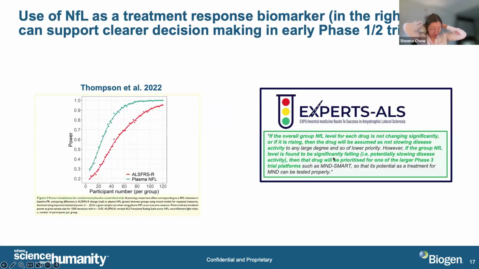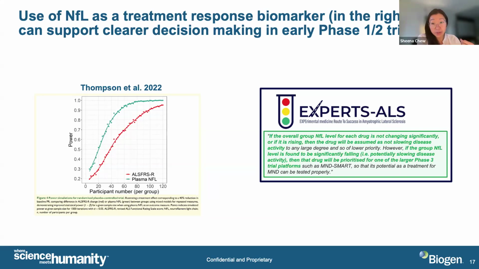And I wanted to highlight that the use of neurofilament as a treatment response biomarker in clinical trials is in a very specific context of drugs that have a mechanism of action that's meant to reduce neurodegeneration and would therefore be expected to reduce the release of neurofilament from neurons into blood and spinal fluid. So, for example, you wouldn't expect to use neurofilament as a biomarker for a drug that's intended to increase muscle contraction. But for drugs targeting neurodegeneration specifically, neurofilament can be a useful tool to support clearer decision-making in early phase studies that are small and shorter,